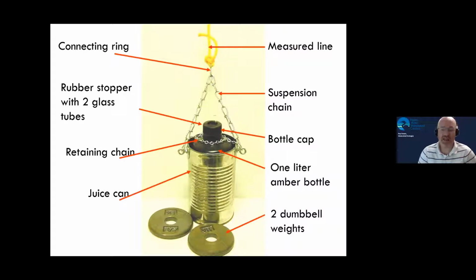This will have weights at the bottom of it. And the weights make sure that it falls nicely down to the bottom of our sampling depth. And those weights are not glued in or kept in here in any way other than just that they're under the amber bottle. So you have to be careful when you use this thing that you don't accidentally dump your weights into your lake,